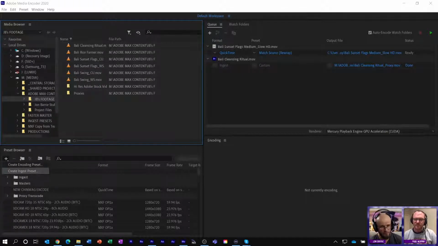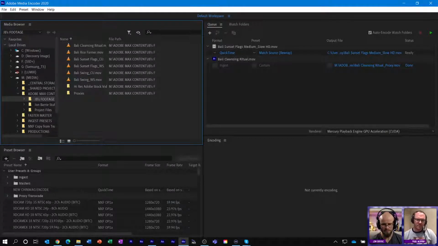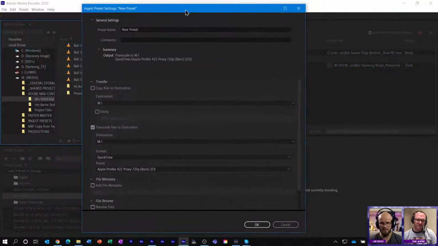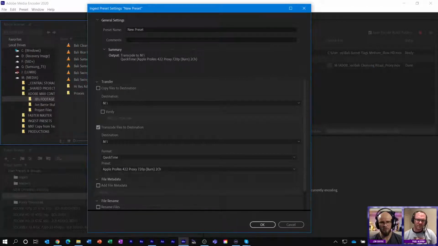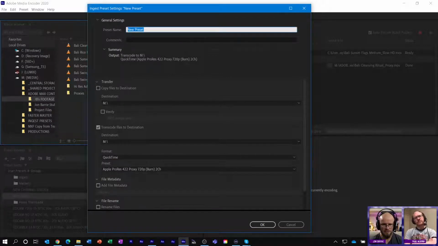So if you want to automate the process to make everything the same codec, you use an ingest preset. And that's where you start to combine your custom encoding presets as well. So an ingest preset, I'll just make one up right now. It looks pretty basic in comparison to what we were looking at before to make the encoding settings. What you have here is, let's give this a name too. Now, I strongly recommend you name your ingest presets ingest and then whatever it is,